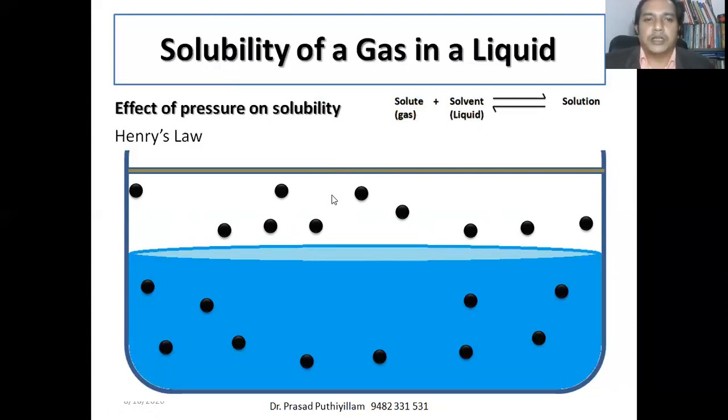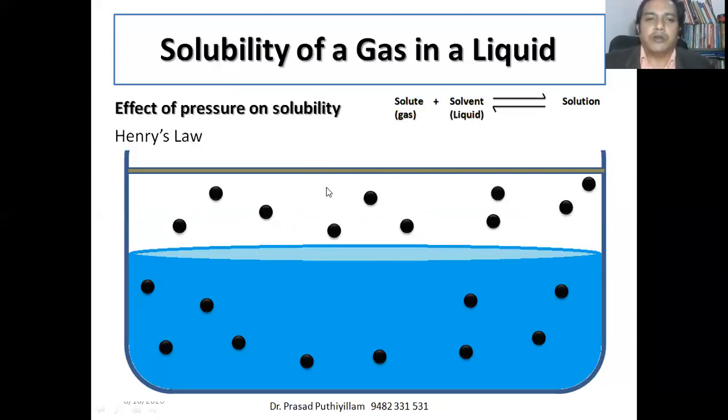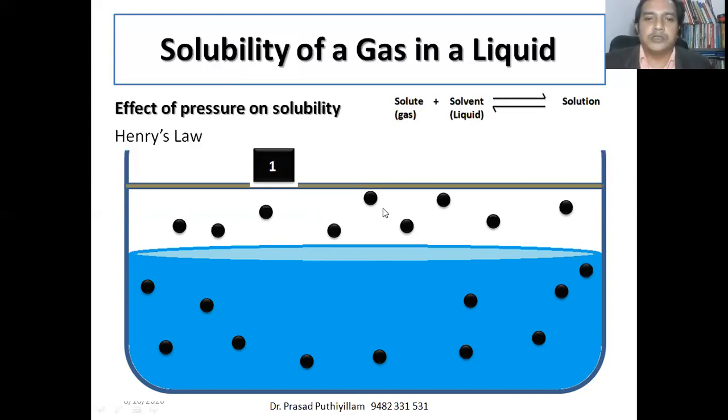How to apply pressure? We have to keep some weight on that, or push it with our hand. We should have a measurement of that. Say pressure is applied with a weight measured as 1. It may be kilogram, gram, whatever it may be. So just a rational number 1 is taken and kept over that piston. The piston will move downwards, the gas molecules will move, and a few gas molecules will penetrate into the liquid state, or undergo dissolution.